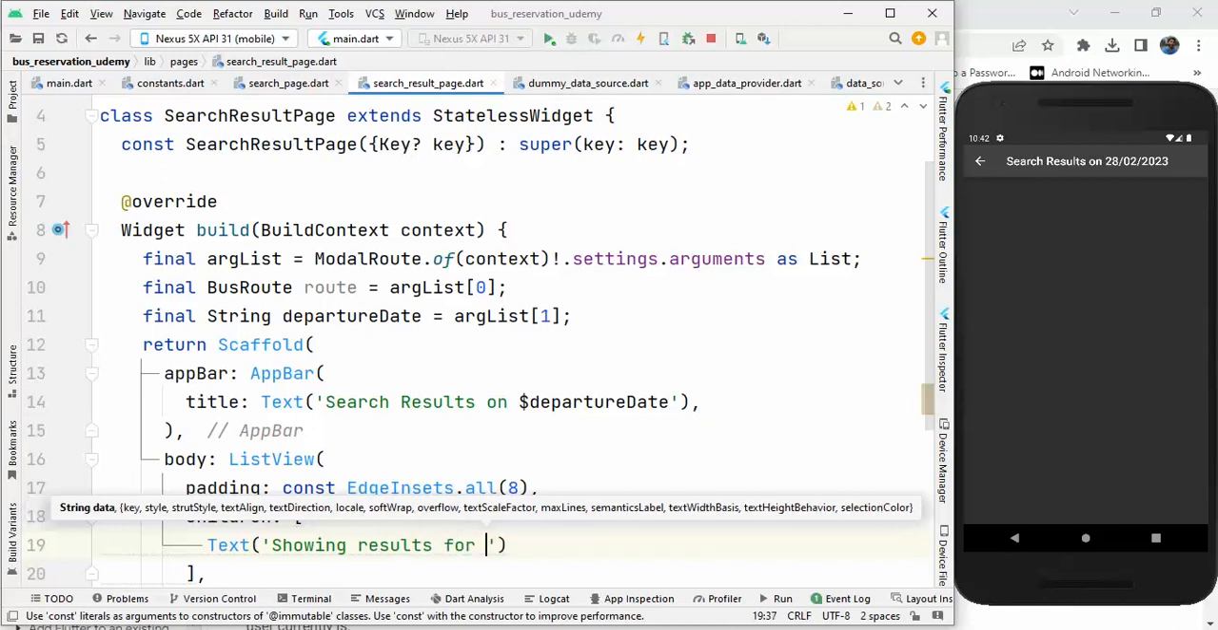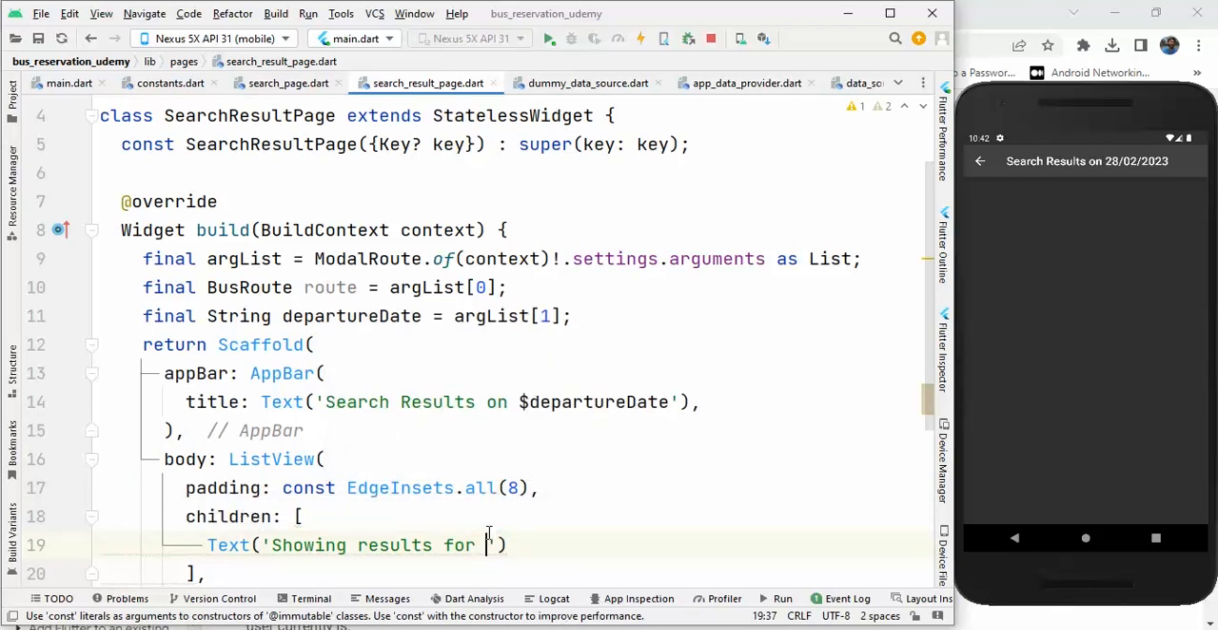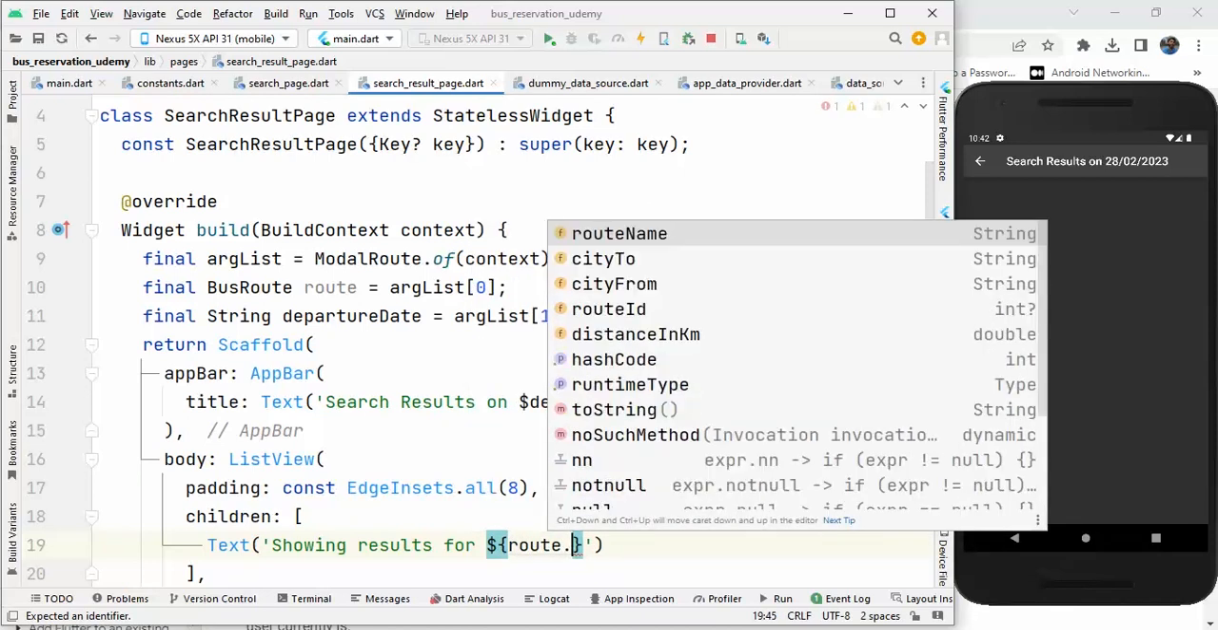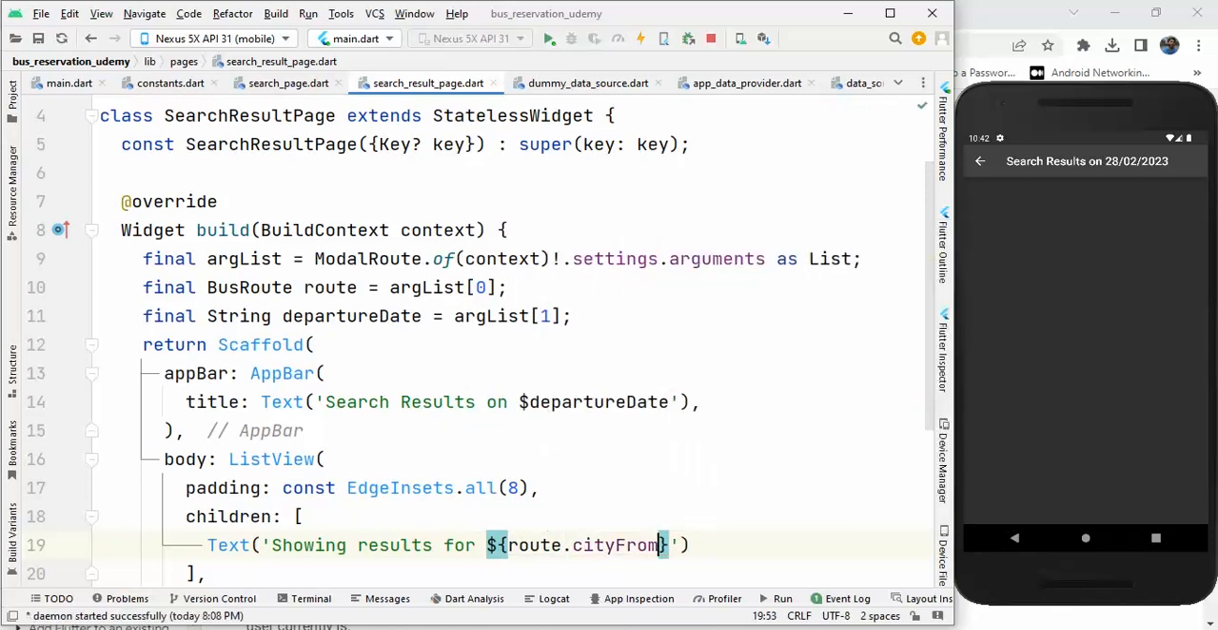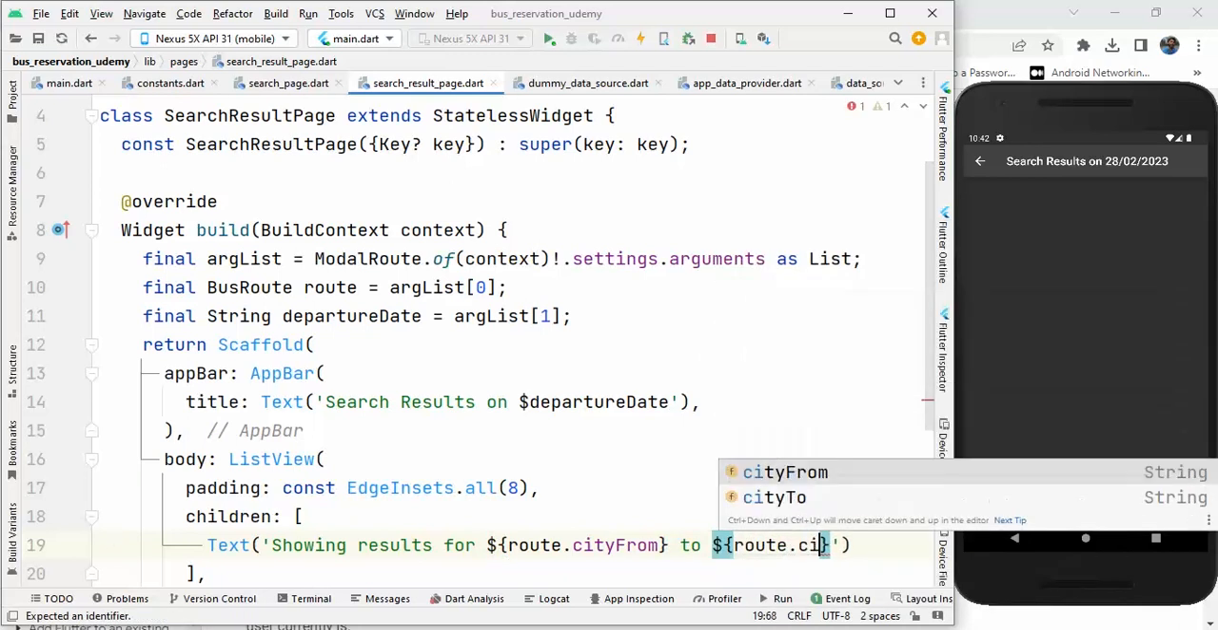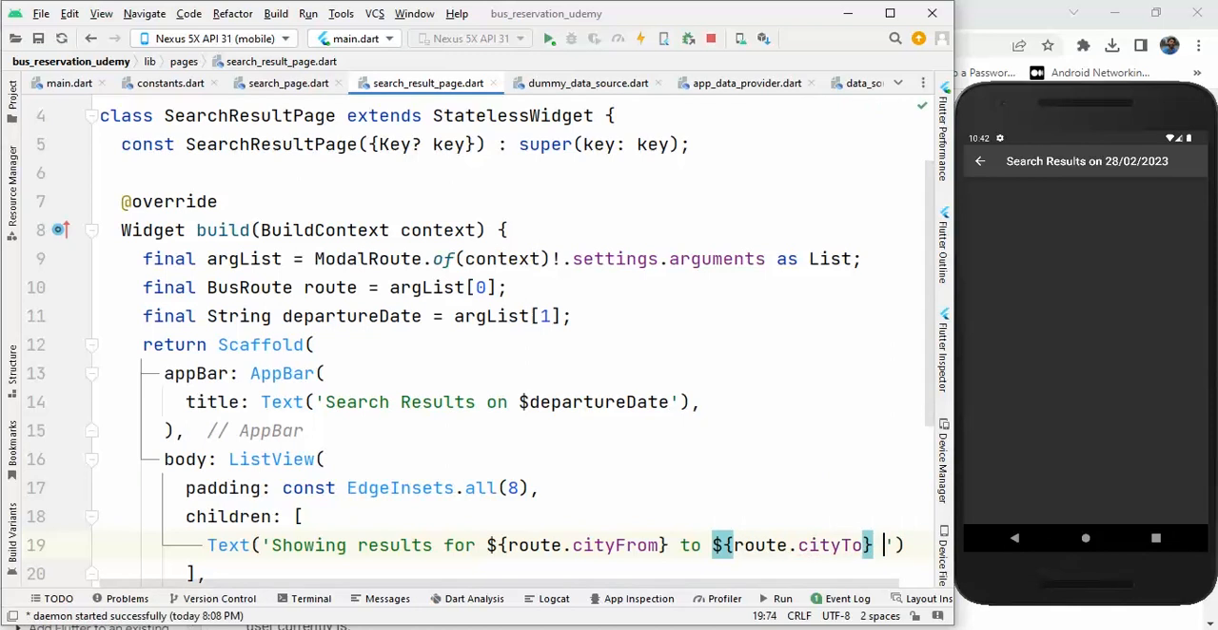for. Now I will show the route city from and city to that is available inside this route object. So to get the city from and city to, I need to call the route object here and city from. So showing results for city from to route.city to, and also I want to show the departure date on